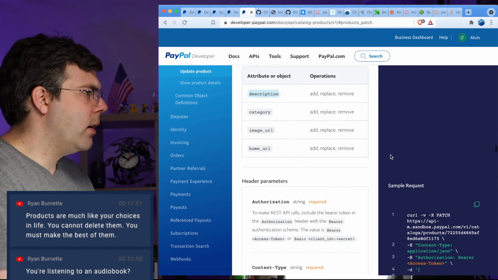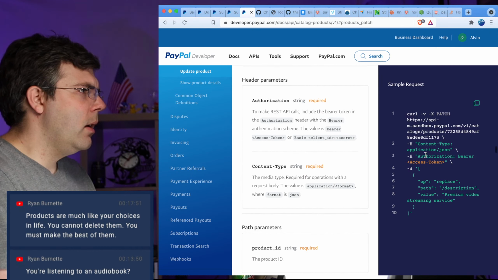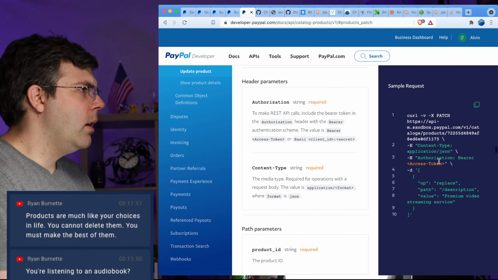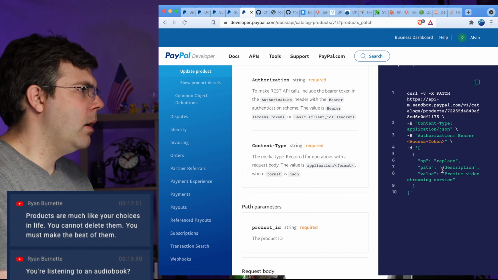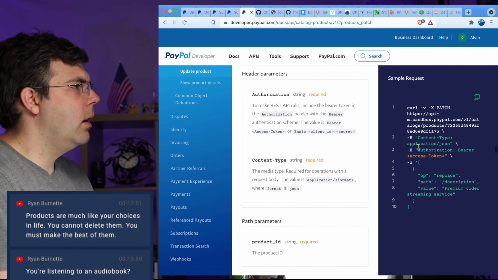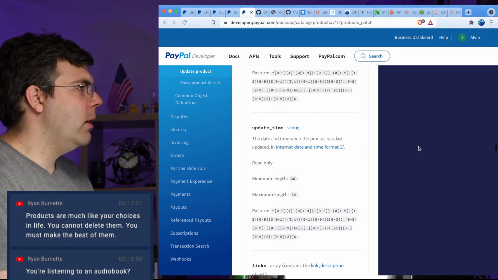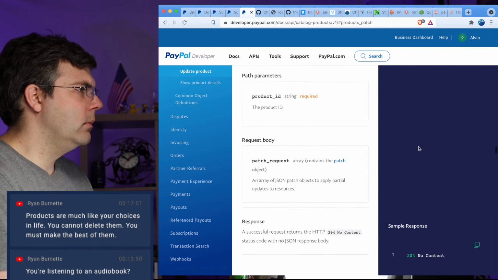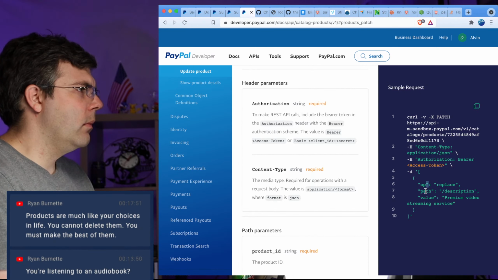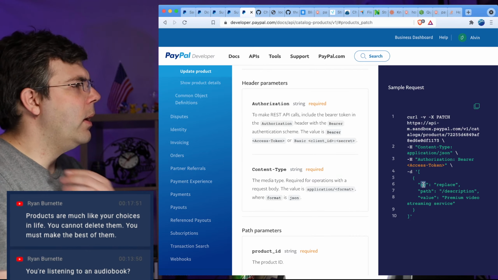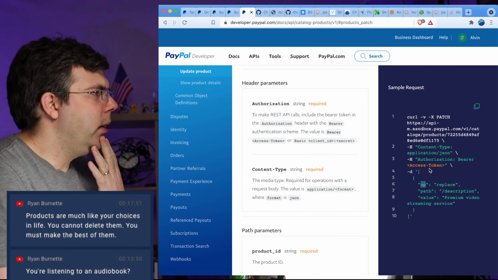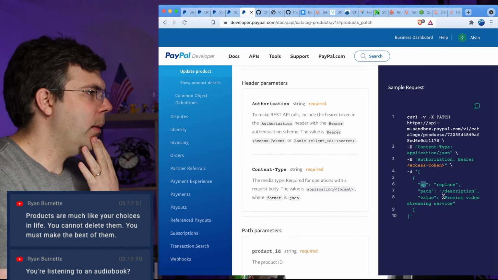Okay, let me just double check over here. Oh, weird. Oh, very, very weird. Okay. So I hadn't looked at the way the update works.